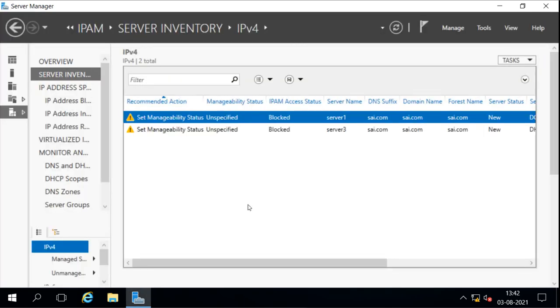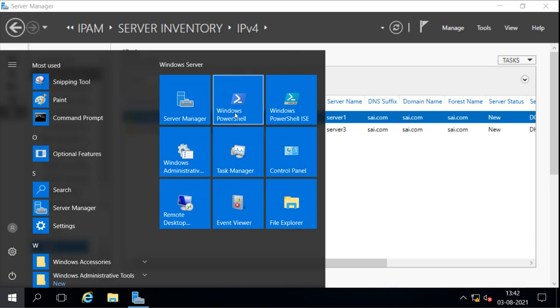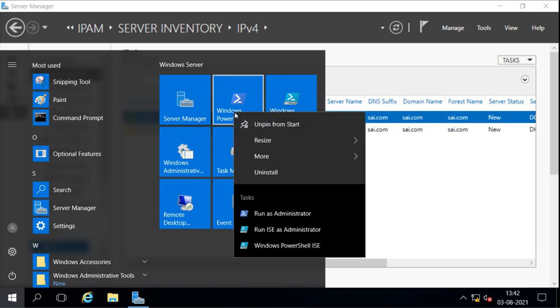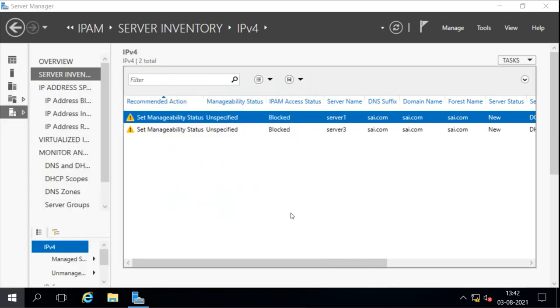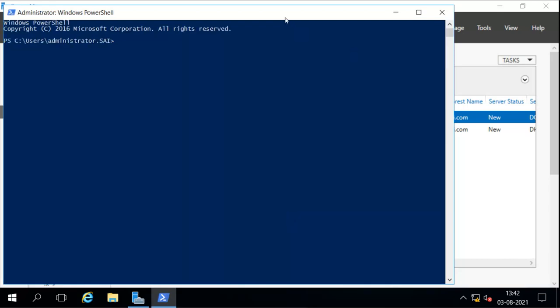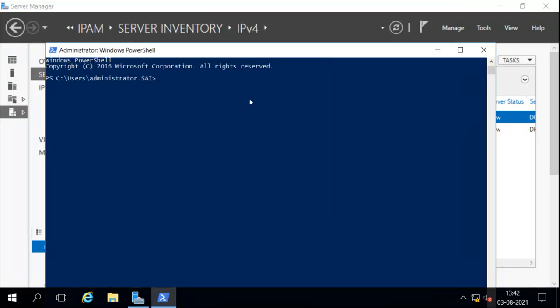So I will go to my server here. This is our IPAM server, and I will open PowerShell as an administrator, and I will run the command to generate the policy.